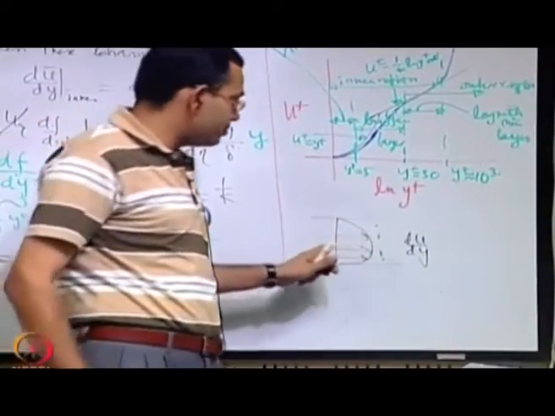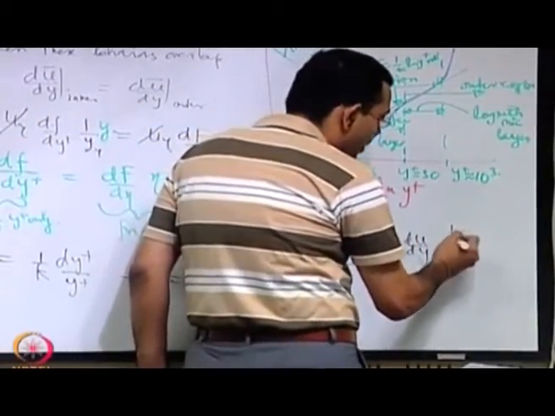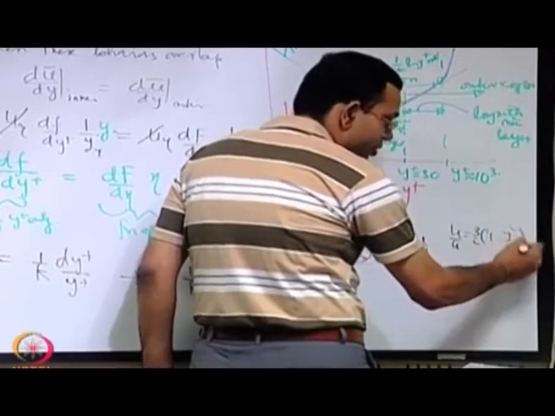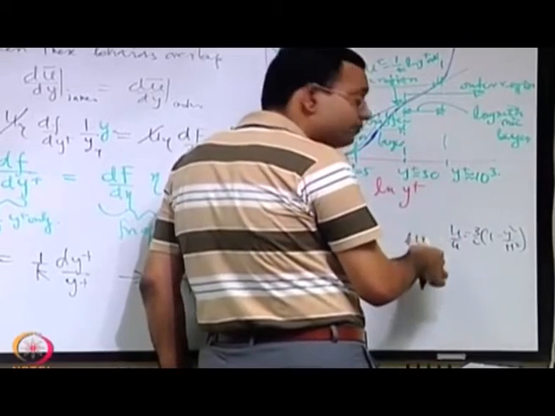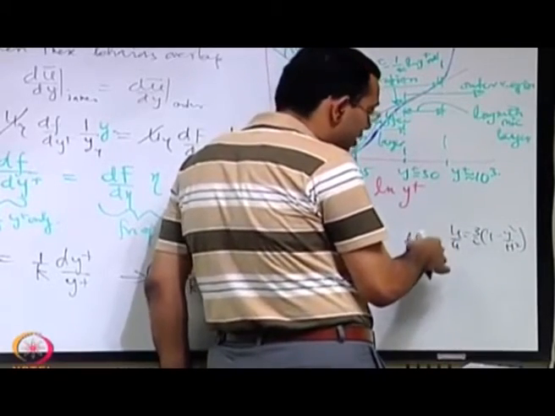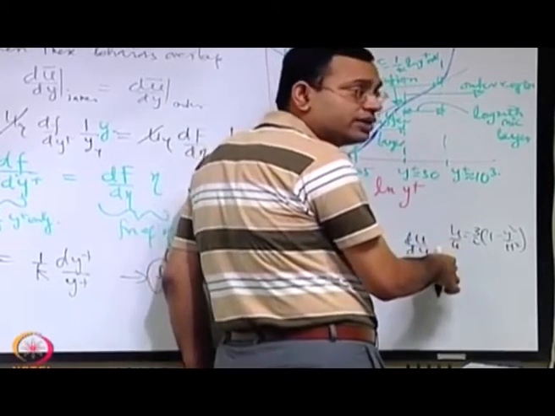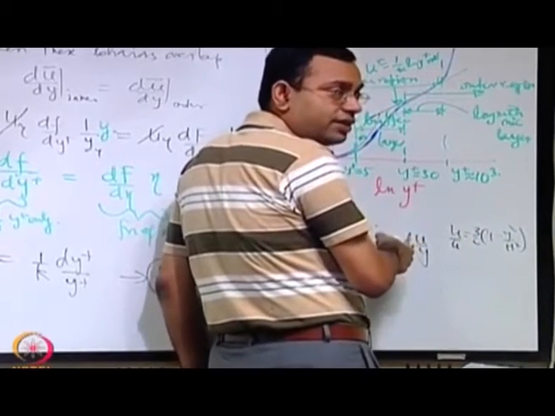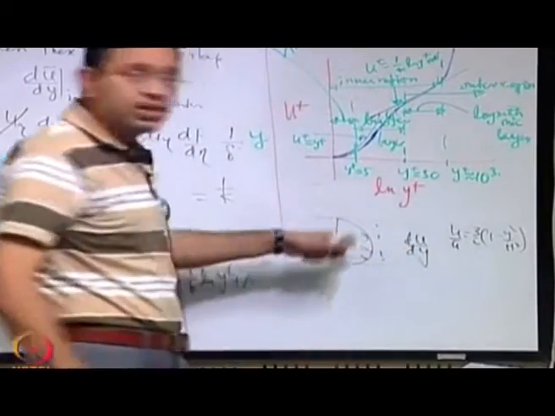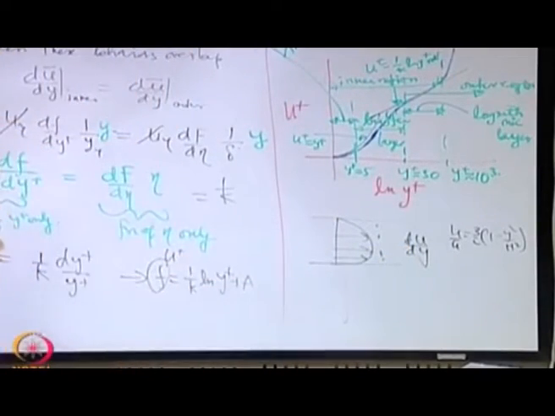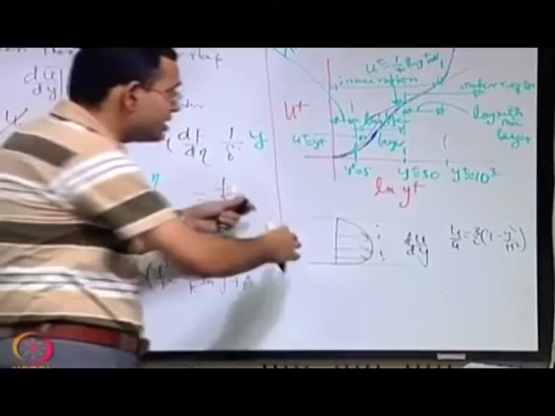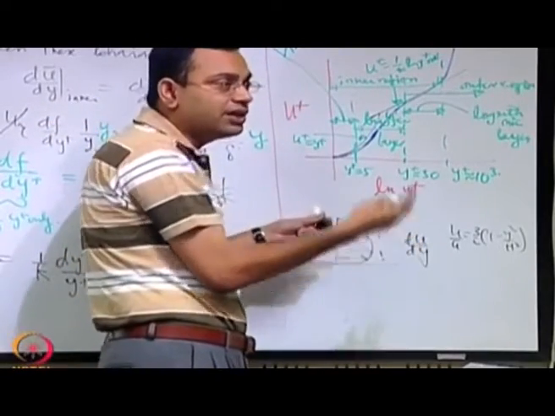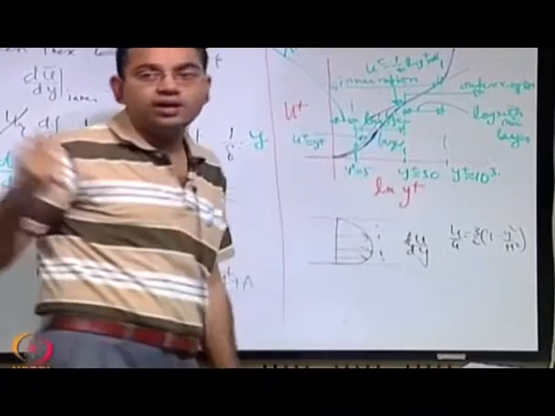See, u by u average is 3 by 2 into 1 minus y square by h square. So if you find out maxima of du/dy, which is the vorticity here, that means d2u/dy2 is 0, and that is not achieved anywhere. So that means this does not have a maxima in the vorticity, and therefore if it is there in a flow medium where viscous effects are not important, any perturbations will die down.